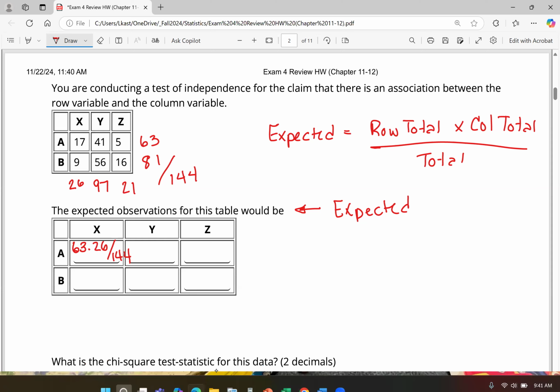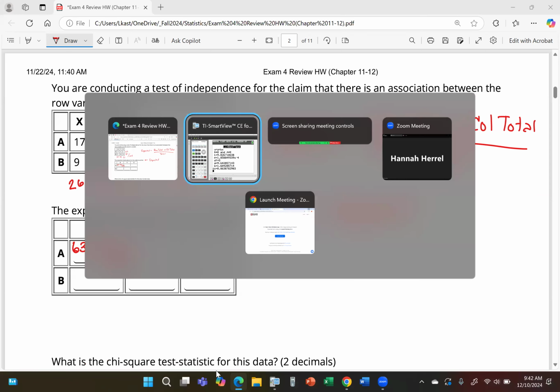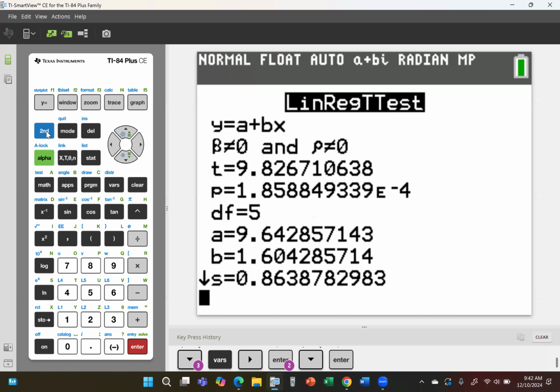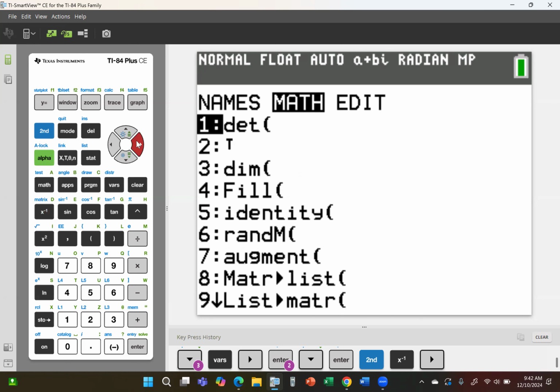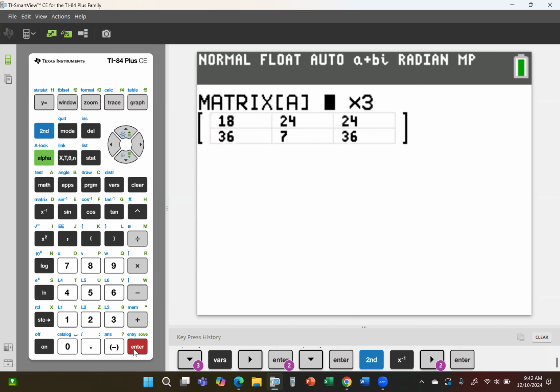Okay, so the first thing we're going to do is go to our matrices. So second inverse to our matrix, and I have all of these already in. That first matrix, we had 2 rows and 3 columns, correct? So that is a 2 by 3 matrix in your calculator. So I'm going to go over to edit. And you tell your calculator there are 2 rows, it makes the rows. You tell your calculator there are 3 columns, it makes the columns. And then you just input the